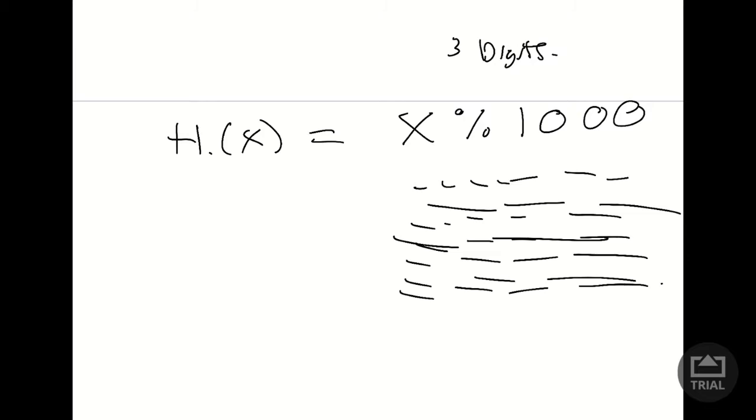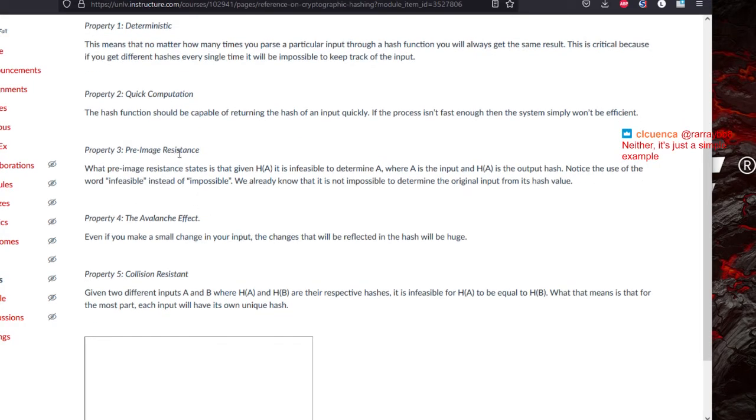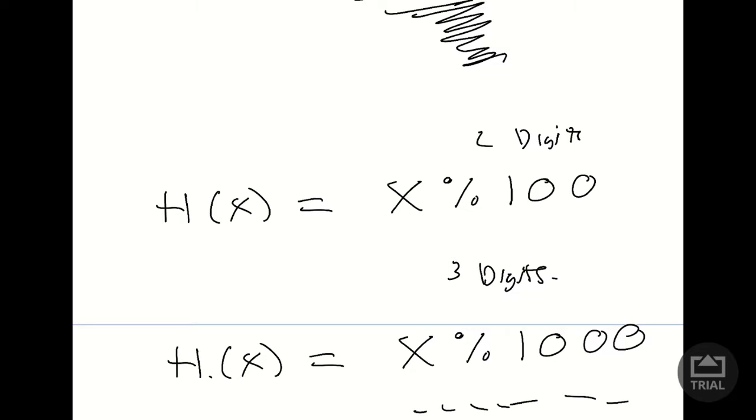Okay. The other property is a little bit trickier to understand, but let's just try it out. So we've got pre-image resistance. Let's read this first, and I'll explain what it means. Given h of a, so given the hash value, it is infeasible to determine a. What this is saying is the following. Right now, if I say to you, okay, I got the hash value of 13 out of feeding it to this function, and I ask you,